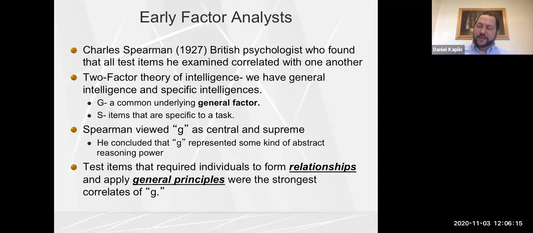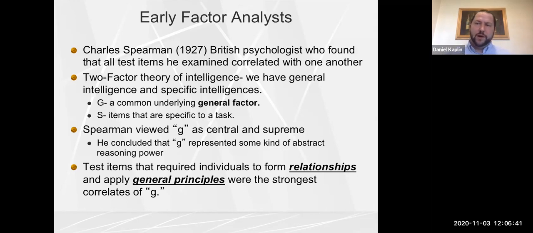Now, Spearman's definition of intelligence said that there was G, or general ability, or a general factor, and then there was S, which was your abilities that were limited to specific tasks. Now, these 2 factors, if you were to ask Spearman his definition, what is intelligence? He would say G plus S.